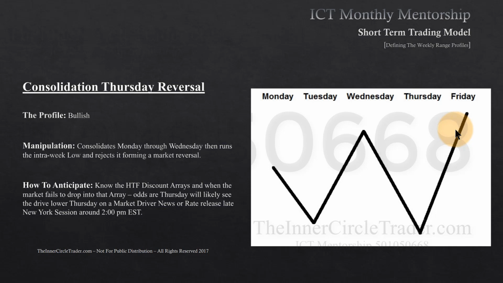And as this slide says in that month's teaching, know the higher time frame discount arrays, which I walked you through today. I also pointed them out on Wednesday's video. And when the market fails to drop into that array, odds are Thursday will likely see the drive lower on a market driver, news or rate release, late New York session around 2 p.m. Eastern Standard Time. Now this profile really works well with FOMC related ideas, but it's always considered for me if